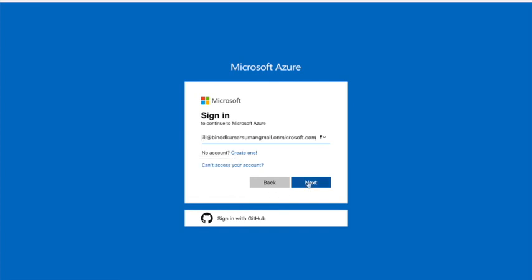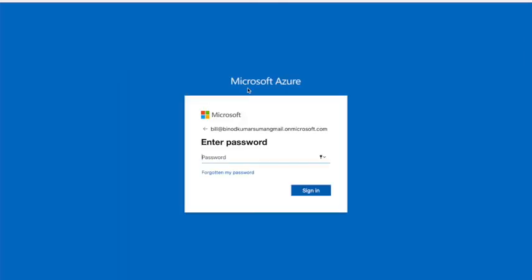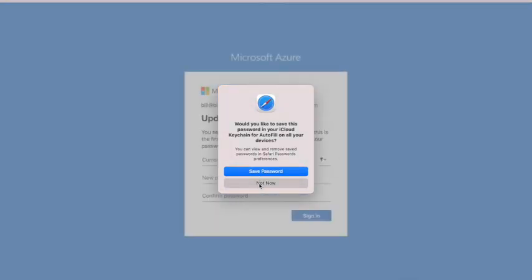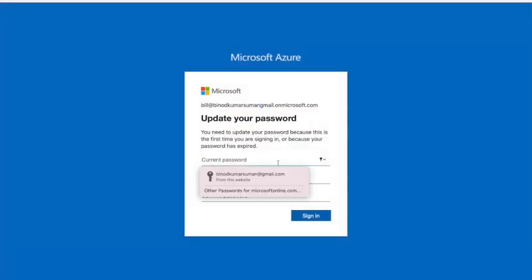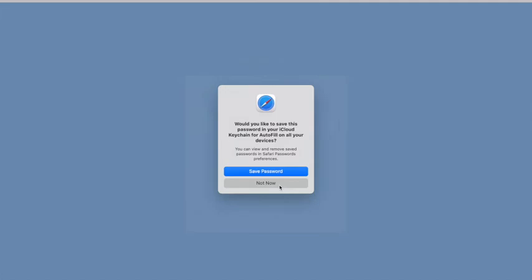Give this, next, and give the password. Now you have to change the password here, so let me give a new one. The first time, you have to change the password for new users.